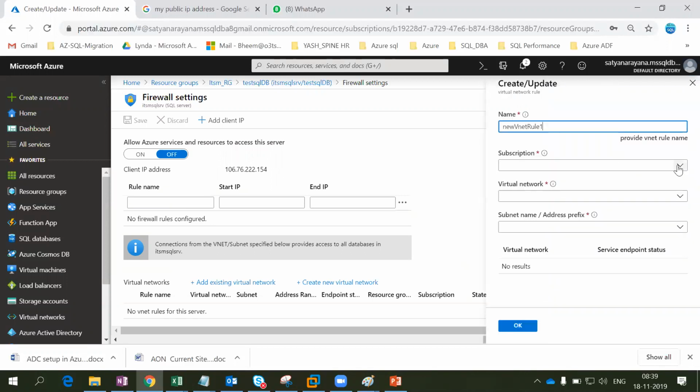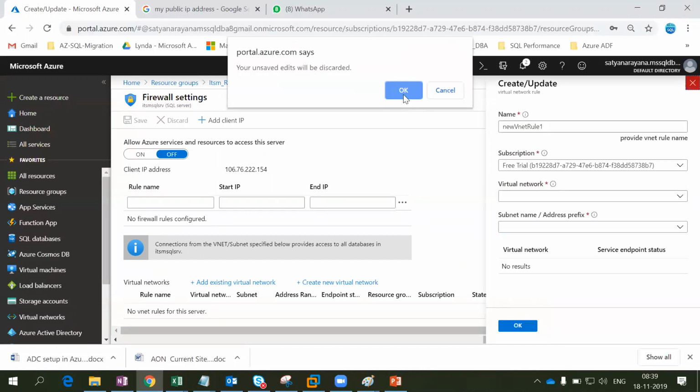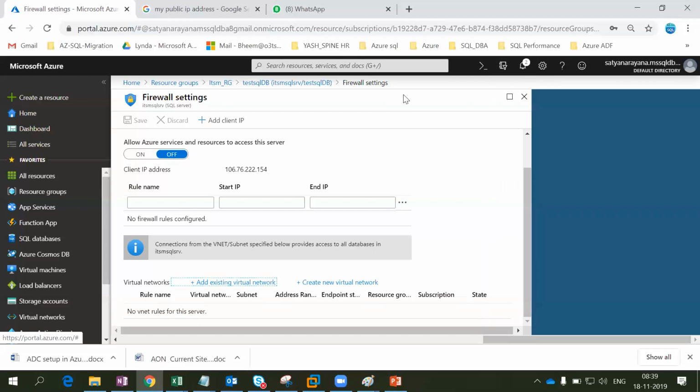Okay, so I'll go and take the subscription. The subnet is not available, and a suffix you can create. How we are going to create the VNet, you guys are familiar. We discussed it in two to three classes. Or else you can directly create the VNet now as well, but I don't want to go and create the VNet at this point of time.